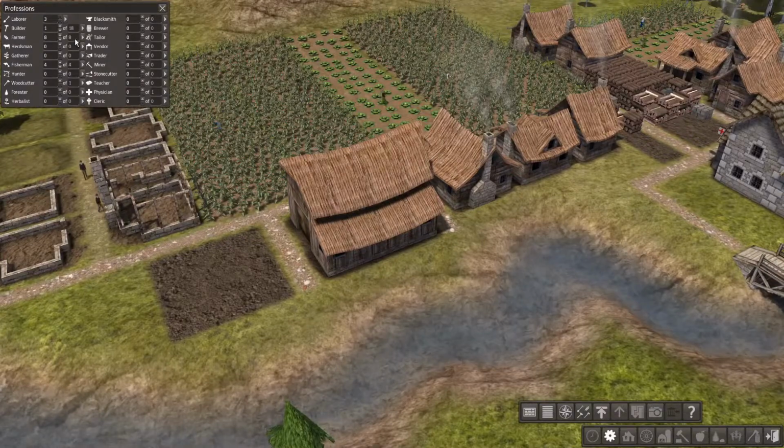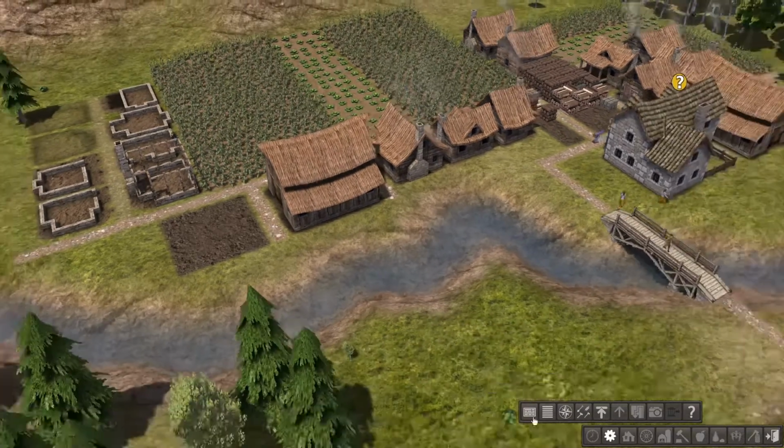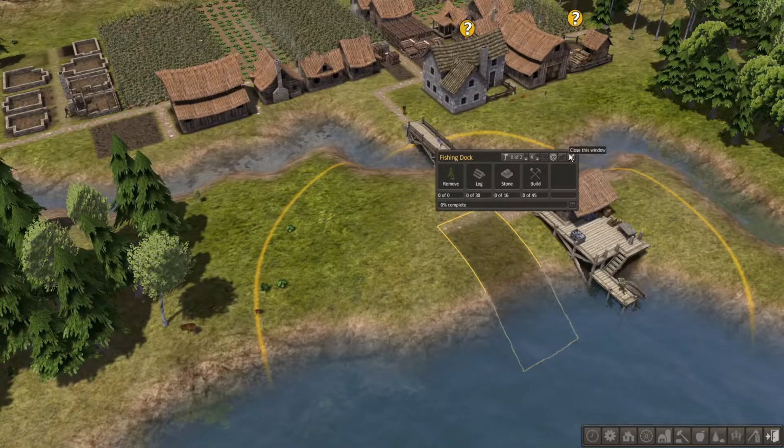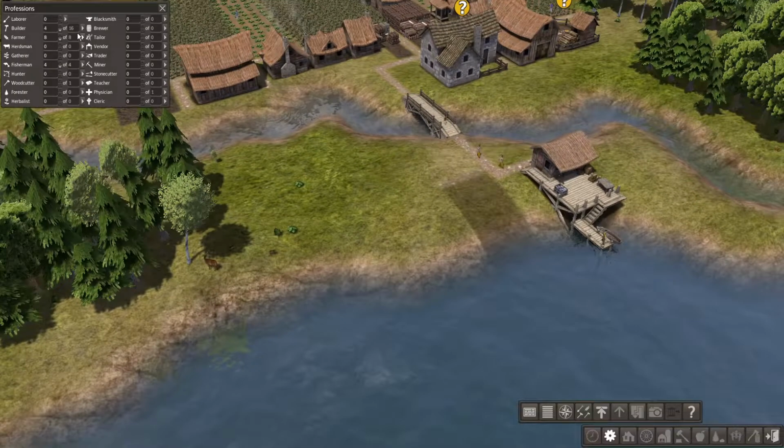Any more people? Oh yes, there we go. Get these guys in the builder right now. So 3 guys is huge. That's almost enough to double. Actually, let me do this. Let me take 1